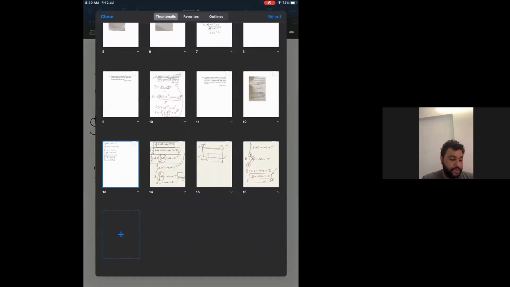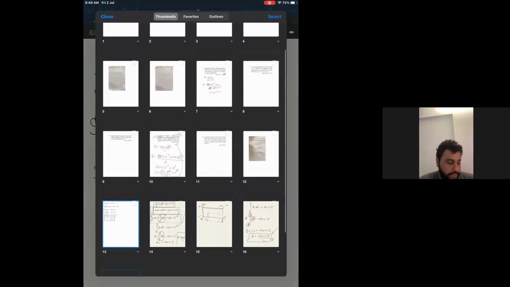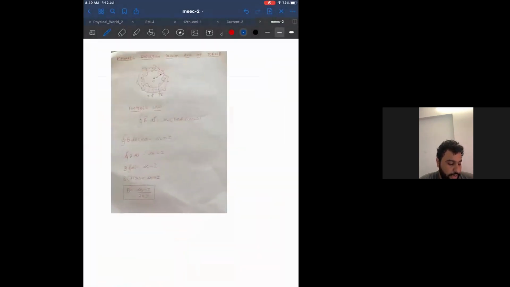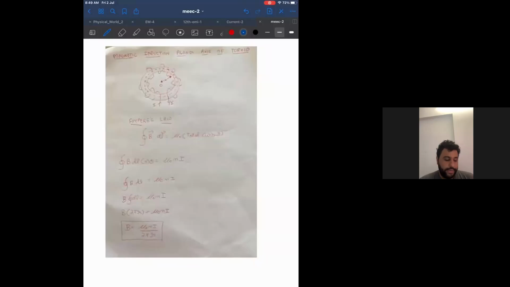Now let me show you the actual derivation. I'm going to give you this PDF anyway. This is the derivation of a toroid. It is a little blurry, but tell me if you can understand. It is the same as the first derivation, only with n on the right hand side. The diagram is a solenoid bent into a circle. Everything is the same as the first derivation, only n is added on the right hand side. So what was our magnetic induction for a point next to a conductor? Mu naught I by 2 pi r, correct? What will be the magnetic induction of a toroid?